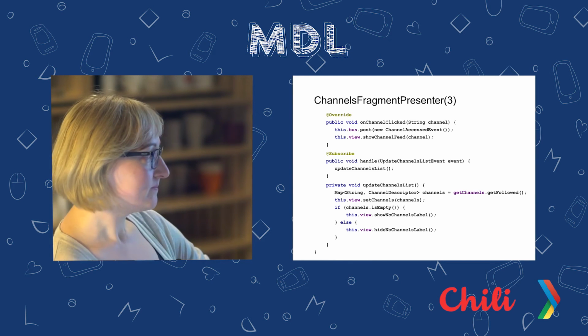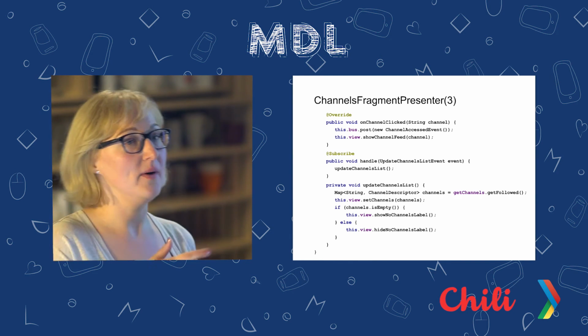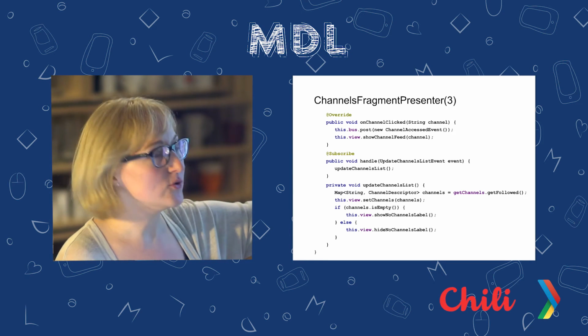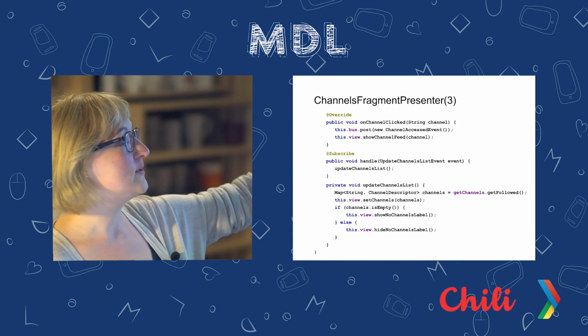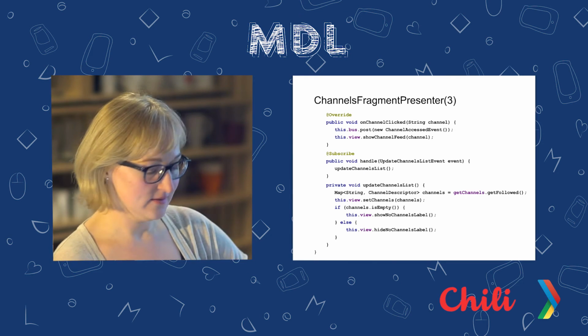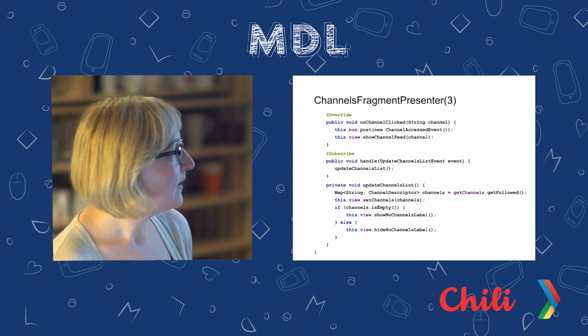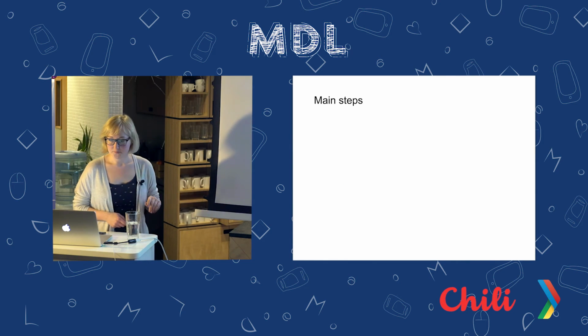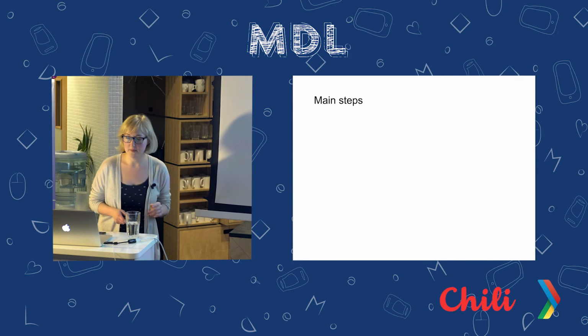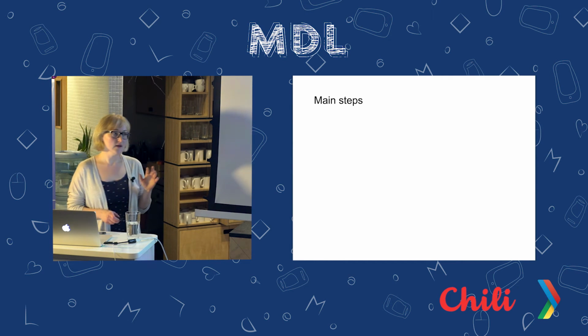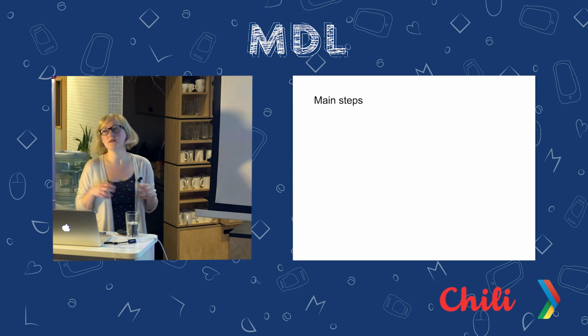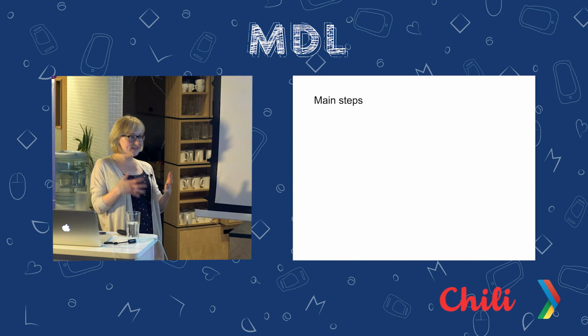This is basically what it's all about. This is the place where some kind of logic happens when a presenter decides whether to tell view this or that, and whether to display this and that. And it works with the model here. Okay, so very simple. Now, I want to tell the main steps that we did